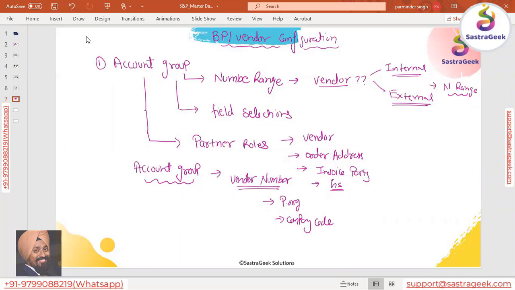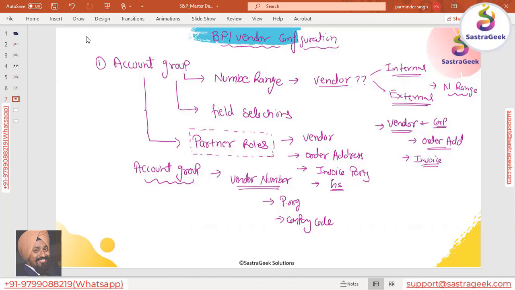But when you create a vendor, the vendor can be one party, and it can have a separate party that gives you a separate ordering address. This vendor can operate from the corporate office, and the ordering address can be different. Or the party generating an invoice, the invoice party, can also be different from the vendor. So within the vendor also we can have different roles. At a higher level, just understand that which partner roles can be maintained for a vendor will also depend on the account group.